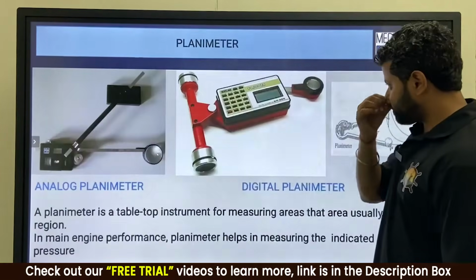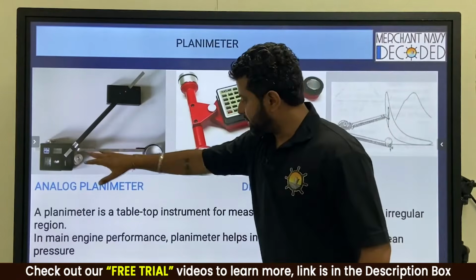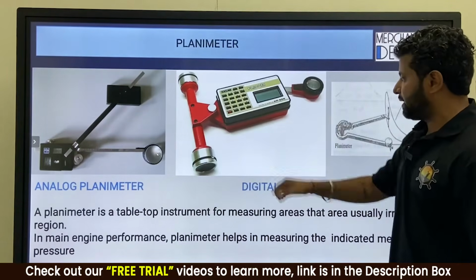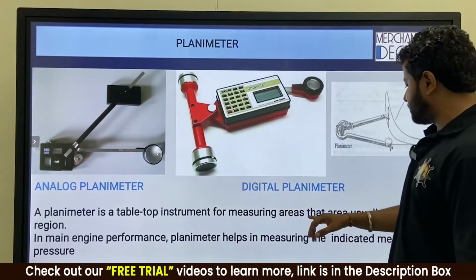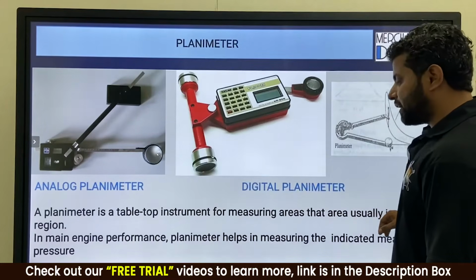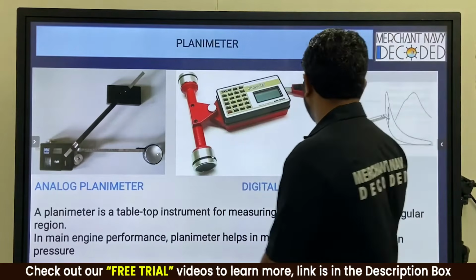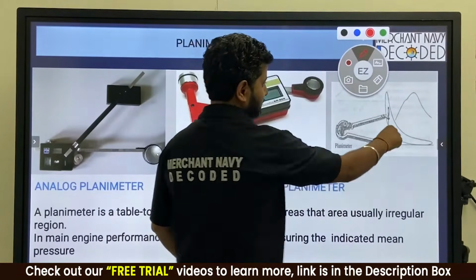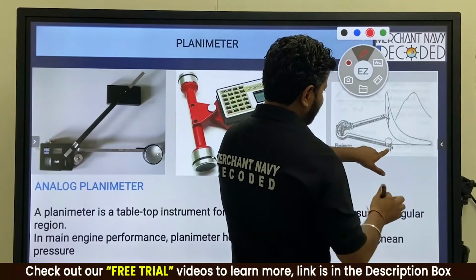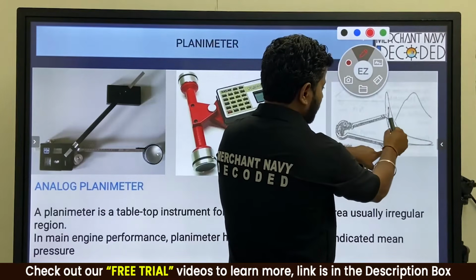शुरू करें. So this is your planimeter. You can see this analog planimeter or digital planimeter. This planimeter is a tabletop instrument for measuring areas that usually are irregular in region. They calculate areas. Say you give them any area, bhai. Say this is the area and they have to calculate. यहाँ पर एक fix करेंगे and this stylus करके ऐसे करके it will go like this overall the area.